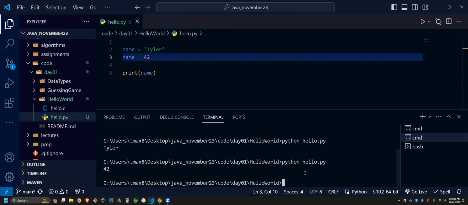It's perfectly fine, because the Python interpreter is keeping track of the variables and what they hold for us. This, though, is really sloppy code. If I'm making a variable called name and I start by storing a string in it, and then I change my mind and put 42 in there, this is not the most readable, not the best practice for writing code.